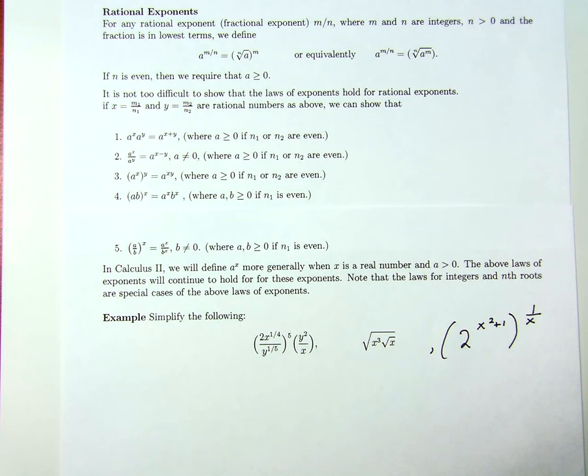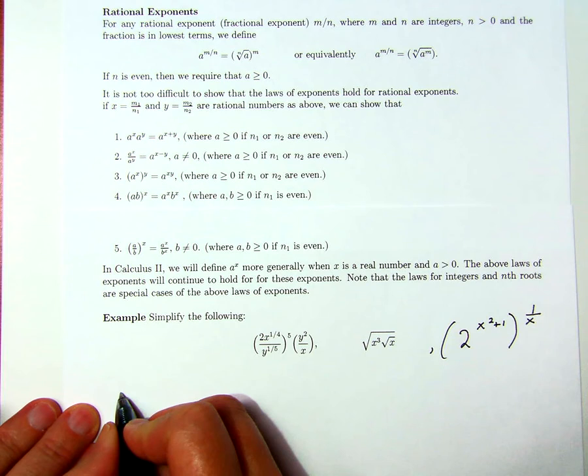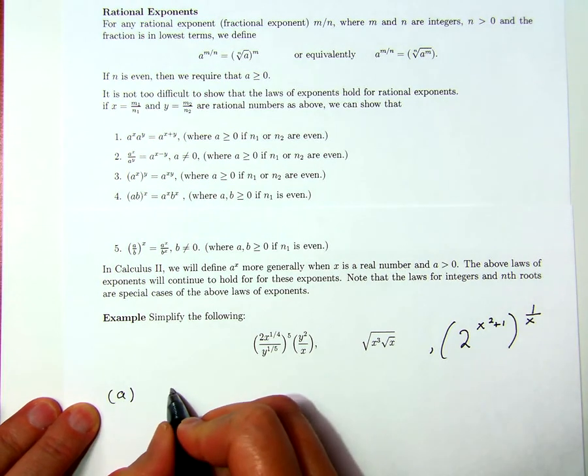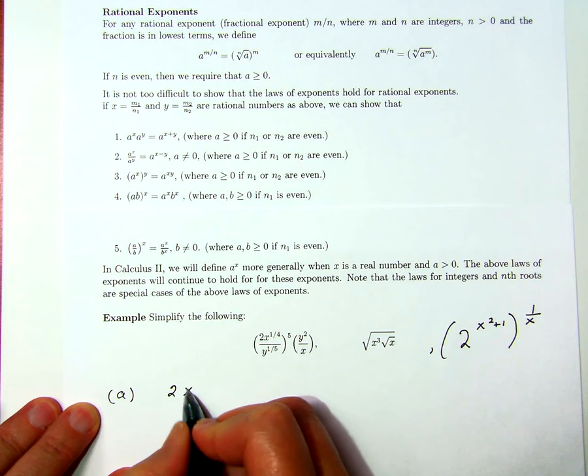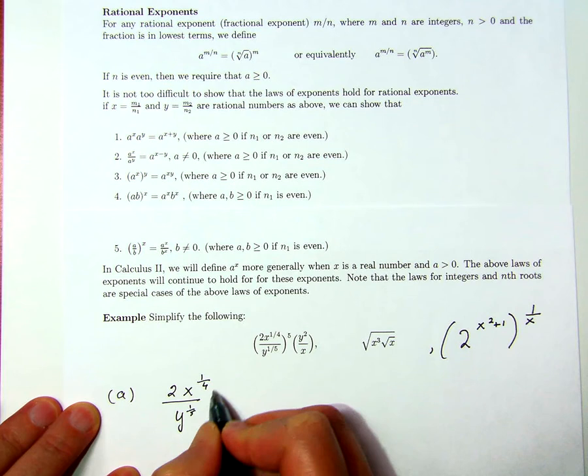You may want to pause the video for a little while and try these. We're going to try to simplify them and then have a look at the solutions. So for A, we have 2 times x to the 1 over 4 over y to the 1 over 5,